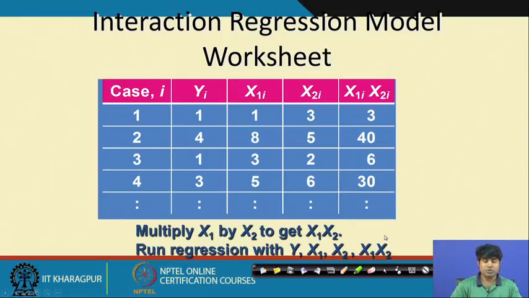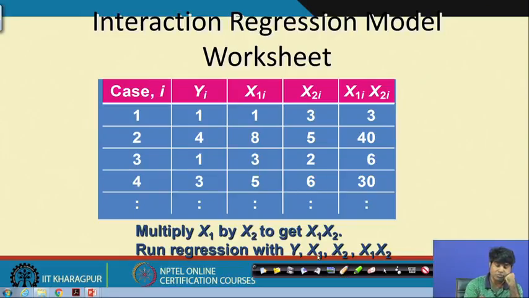Okay. If you go to the Excel sheet or any spreadsheet, this is what the spreadsheet looks like, and we need the y variable, and the information will be like this, and then x 1 and x 2. By using x 1 and x 2 you can create an interactive effect, just multiply these two. Here the sample observations are cross sectional, and y information is here, x 1 information is here, x 2 information is here. Then for the x 1 and x 2 interactive effect, you just multiply.